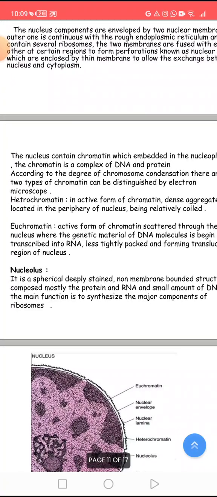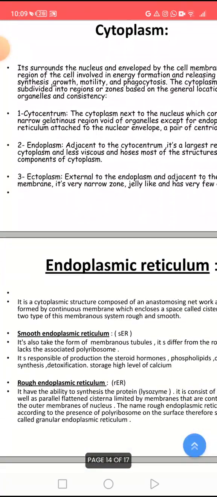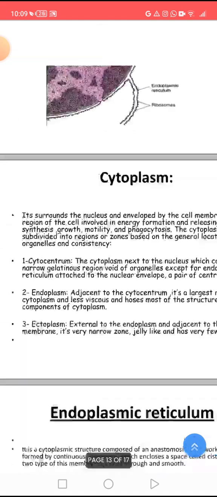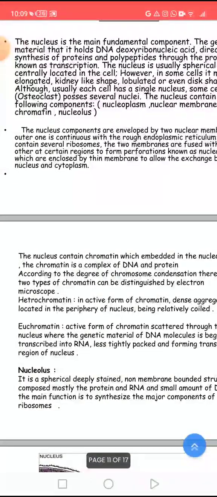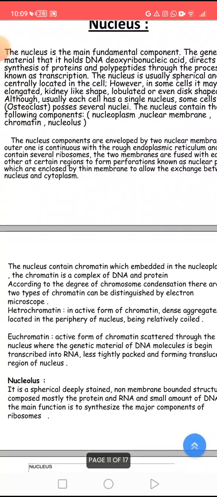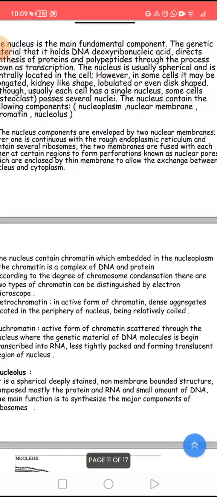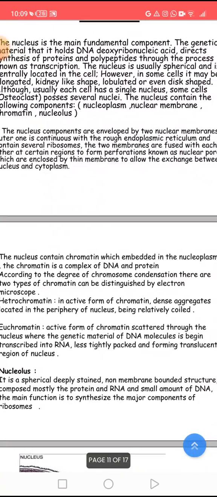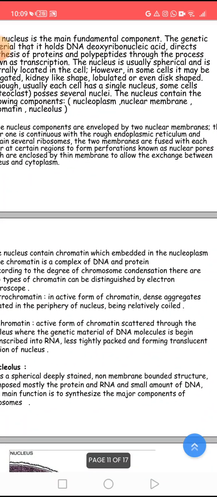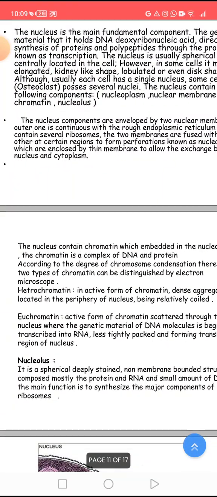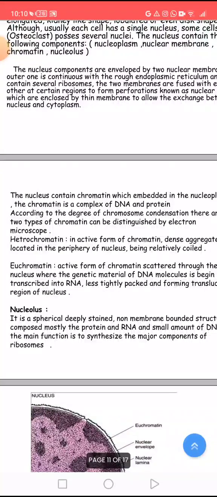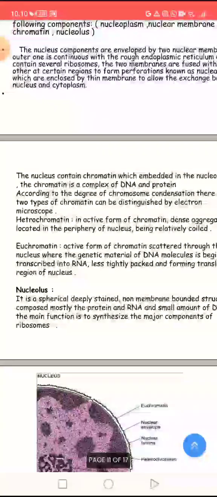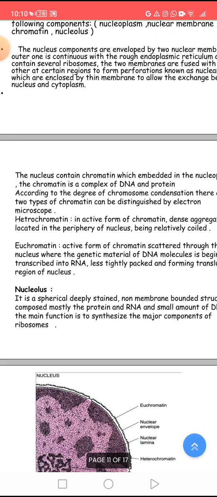I will tell you why it's called rough ER and smooth ER later. There are nuclear pores that allow exchange between the nucleus and cytoplasm. Nuclear pores are just like holes, hole-like structures that allow exchange of substances, mostly protein, between the